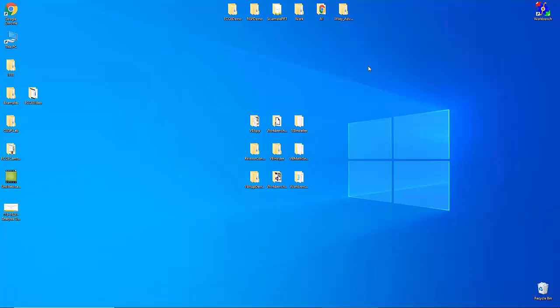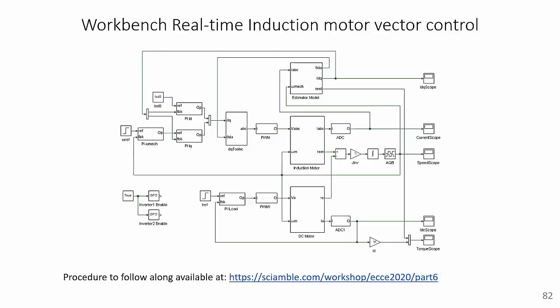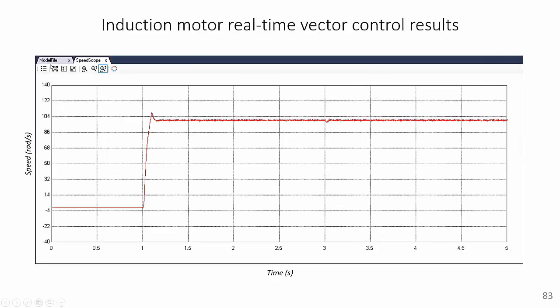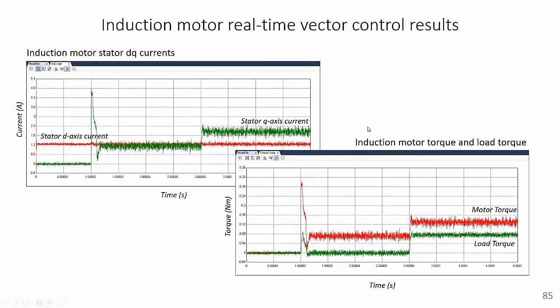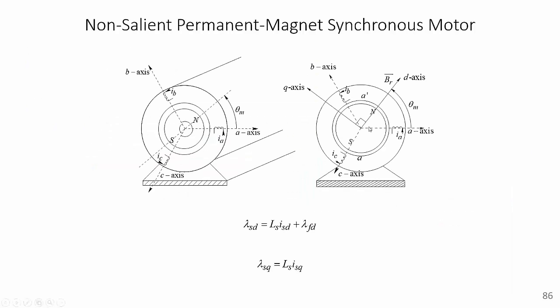So that concludes the induction motor vector control in real time. Let's look at running this in a permanent magnet synchronous motor as well. These are the results again: the three-phase currents, just zoomed in a little bit, the IDIQ currents, and the induction motor torque and the load torque. The DQ concept that we derived for the induction motor can be easily extended for a permanent magnet synchronous motor,